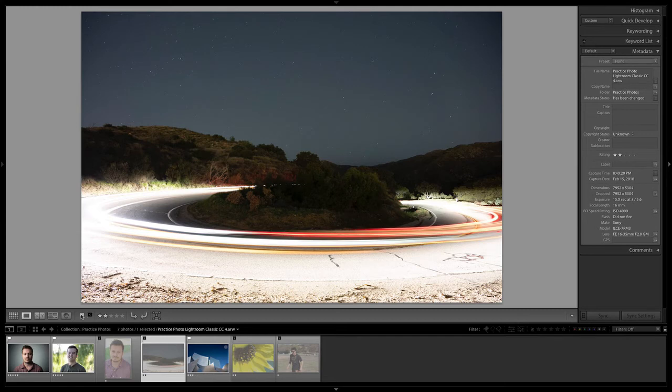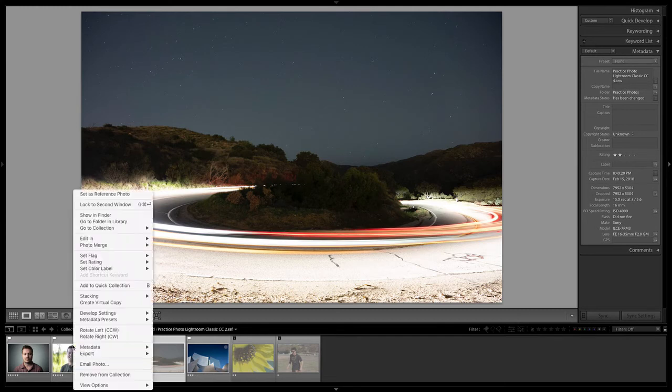The other way you can label is by giving it a color. So if you right click and choose set label, you can set a label to a different color. Now this, again, it's up to you how you use these colors. You could say, oh, red are my great photos, or yellow are my great photos that I want to edit, and then green are my not so great photos. So it really is up to you to determine why you want to choose a color label or what you want your rating to mean, but that's up to you.